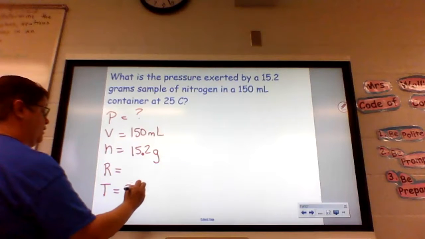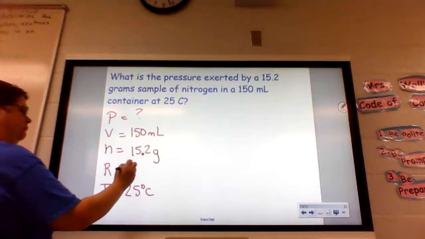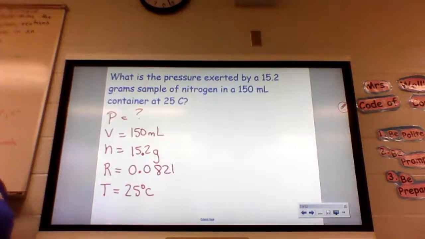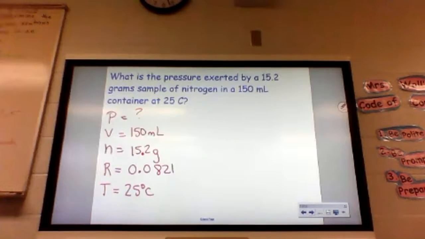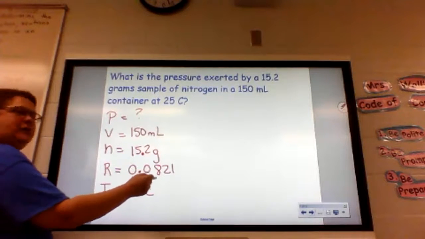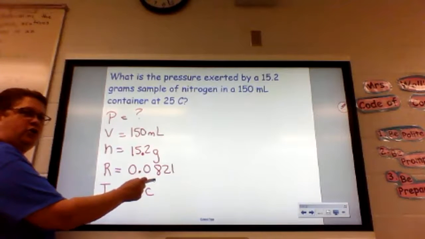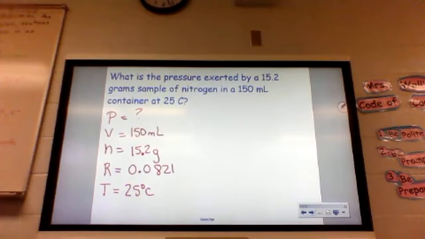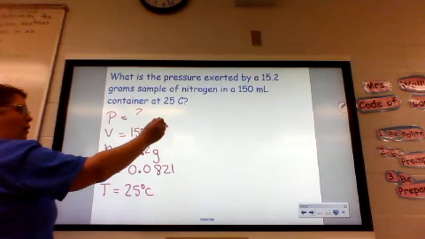Temperature. So now, what's R? 0.0821. What did we just say R was called again? The ideal gas constant. What does the word constant mean? It stays the same. It never changes. So whenever there's an R, you're going to put that number there every single time. It's on the orange chart. You look it up. That fancy unit at the end dictates the unit that all four of these have